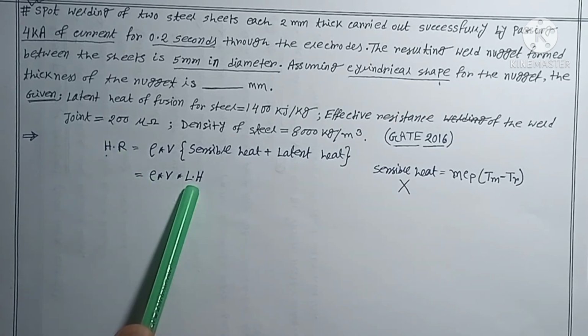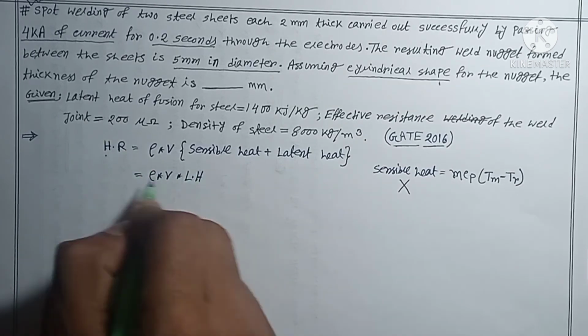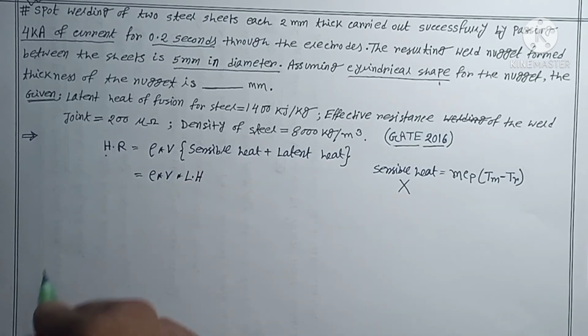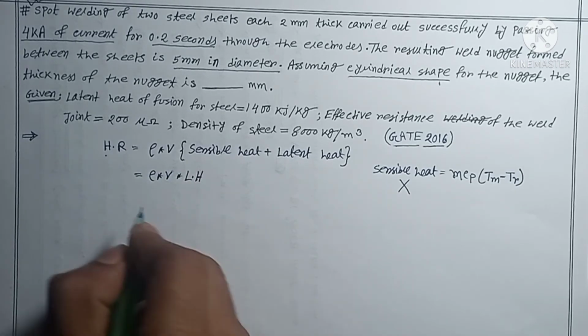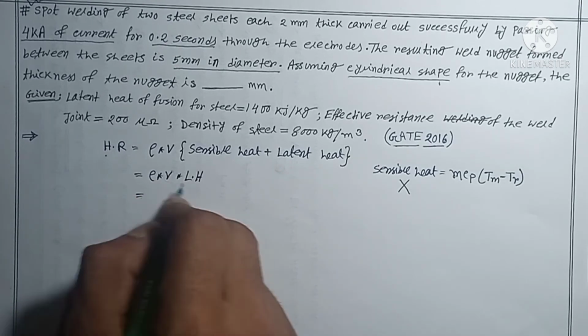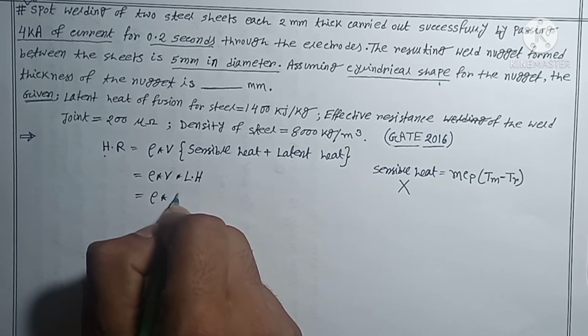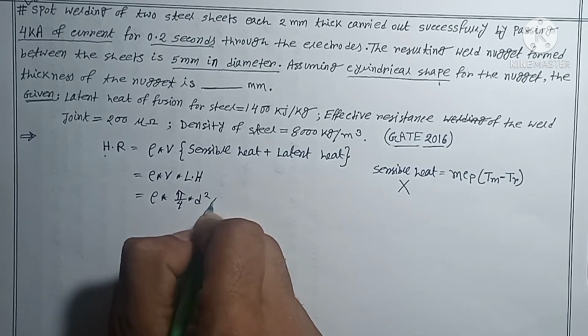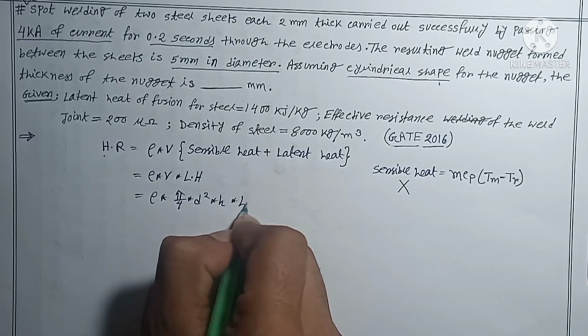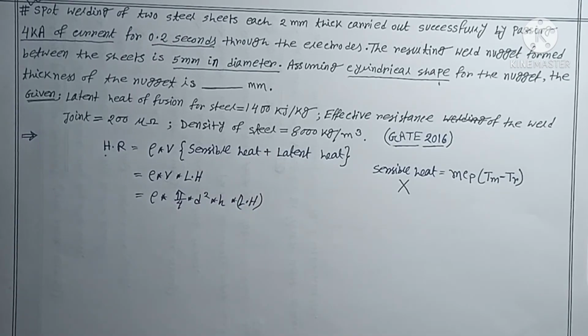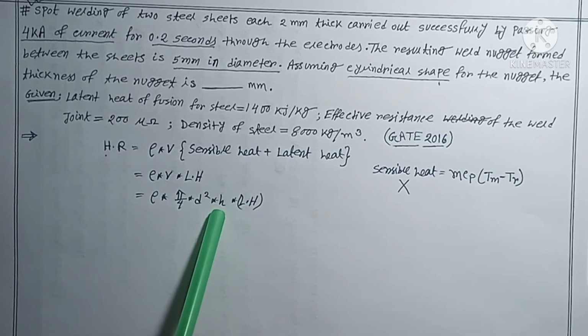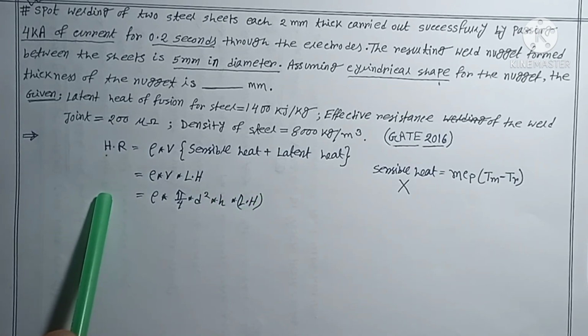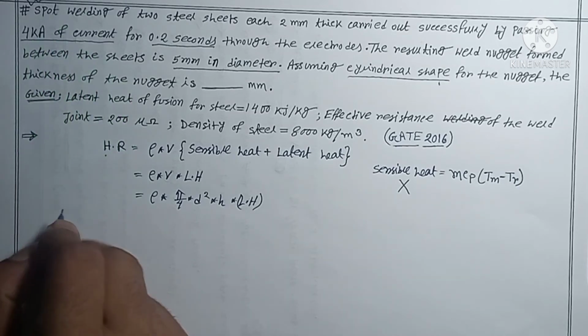So this is your heat requirement, and here latent heat is provided, density is provided, but volume is unknown. We have to find it out, so if I break it further, then I will get rho, volume of a cylinder can be written as pi by 4 d square into height, into latent heat, am I right? So here diameter is known, latent heat is known, density is known, height is unknown. So we can find the height if the left hand side is known for us. In this question, heat generation,